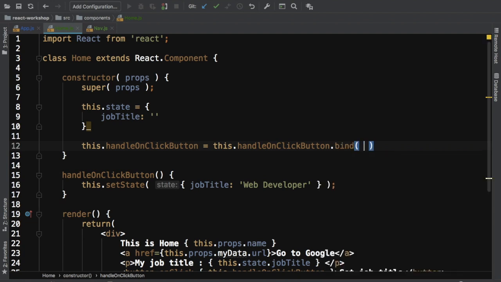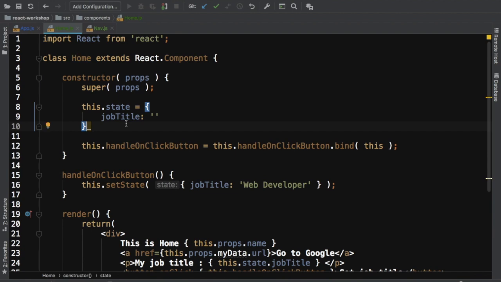this. Okay, so we know that in ES6 the function's this actually refers to their method. So this is referring to this method basically. That's why when we are trying to set the state, we basically need the class over here in this. We are not able to get that. That's why I need to use bind this. This is the problem that was solved by